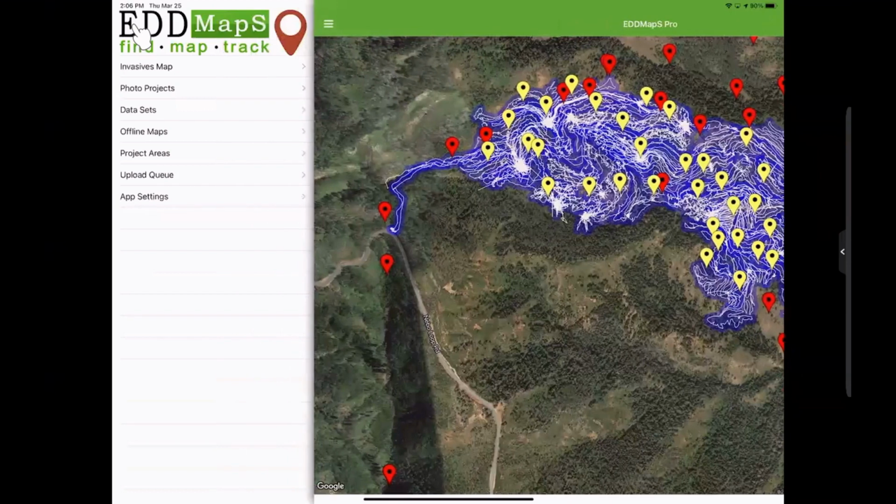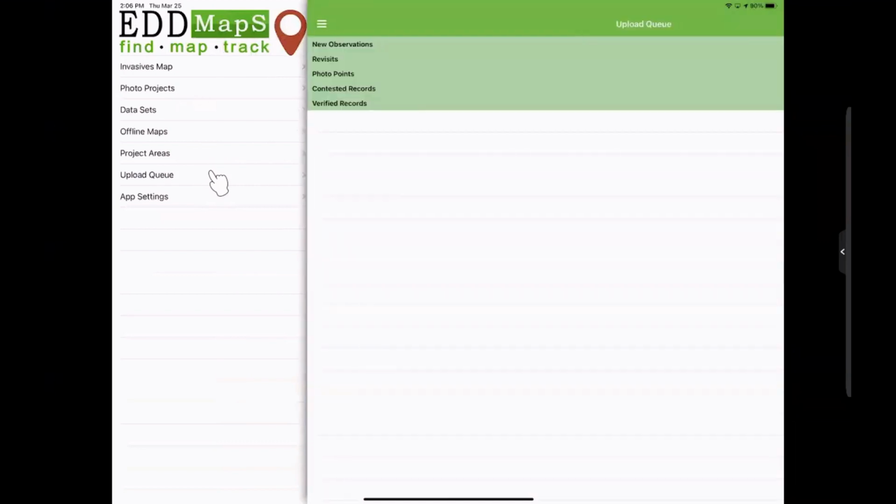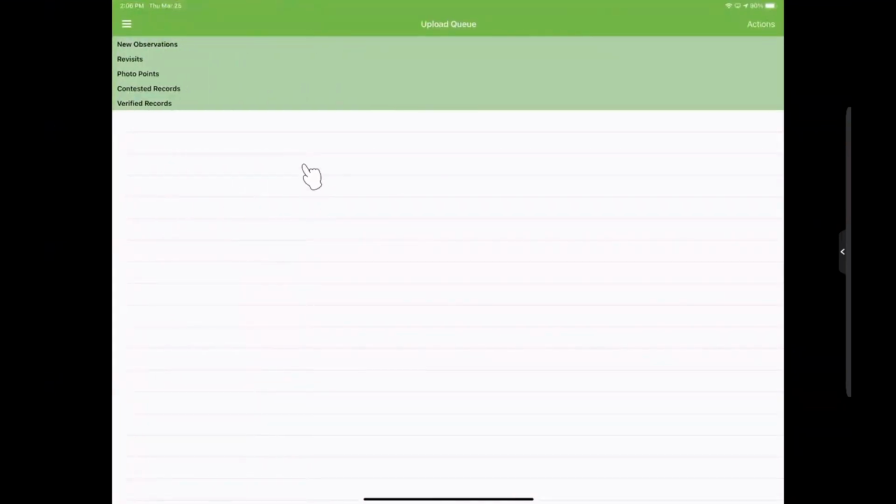The last thing that we need to talk about is the upload queue down here. So I press the upload queue. This is where everything goes, whether you take a point, you revisit some of the data, your photo points, anything that is involved, and you press save. This is where it goes, so that eventually, at the end of the day, when you get back to service or you have service,